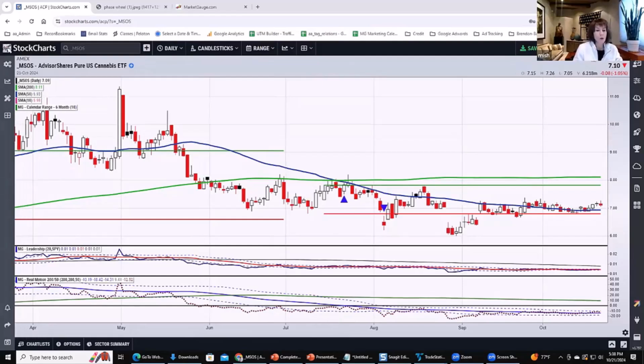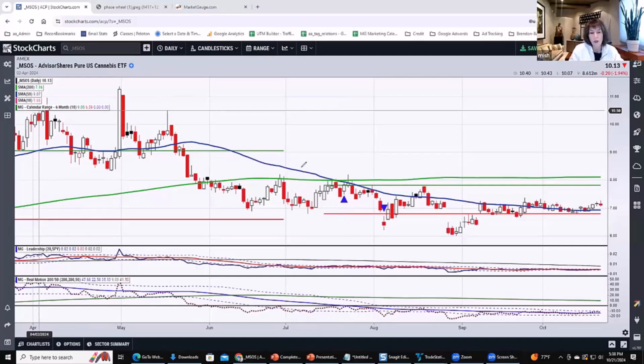So we talked about a golden cross. The death cross is when it's been in distribution, as it was in June and July. It tries to get back over the 200 and never quite makes it. And you can just see how the slope on the 50 went down and down and down until we finally had that death cross right in the middle of July. And since then, we have not been above that 200-day moving average,